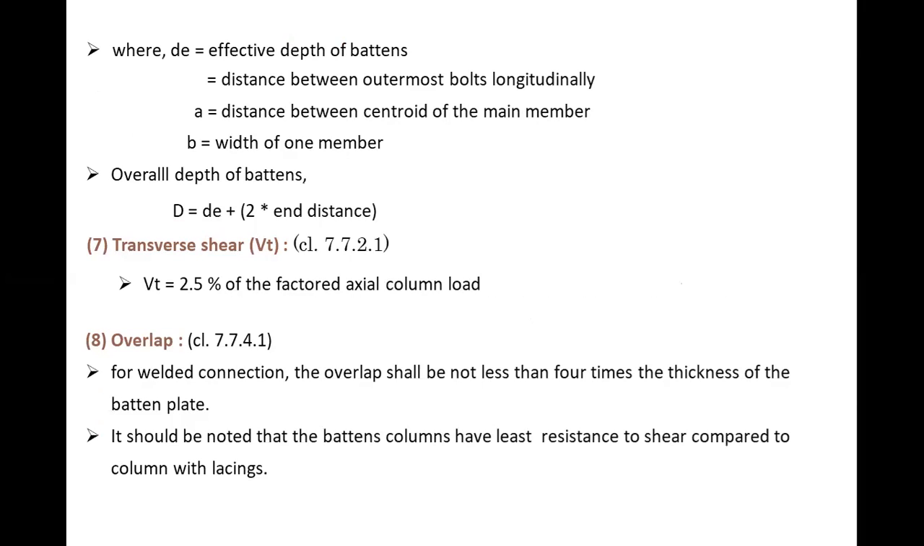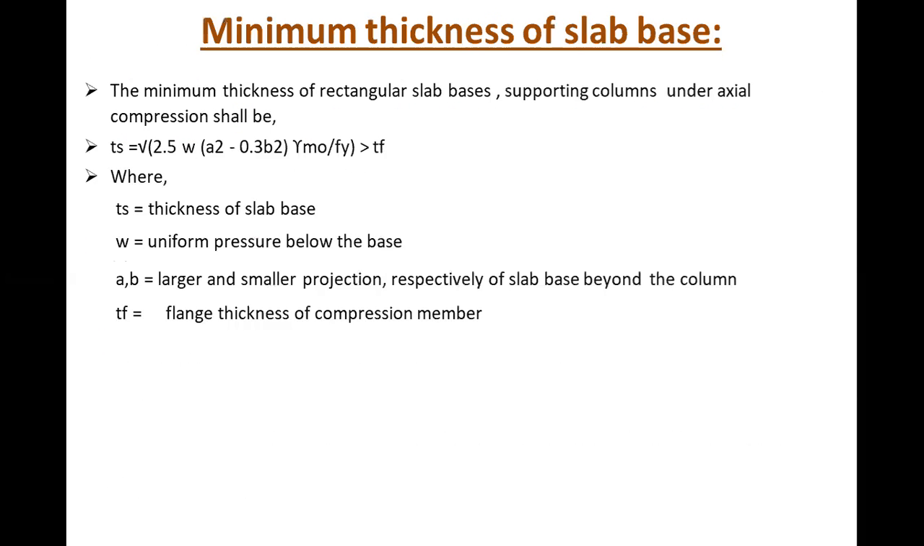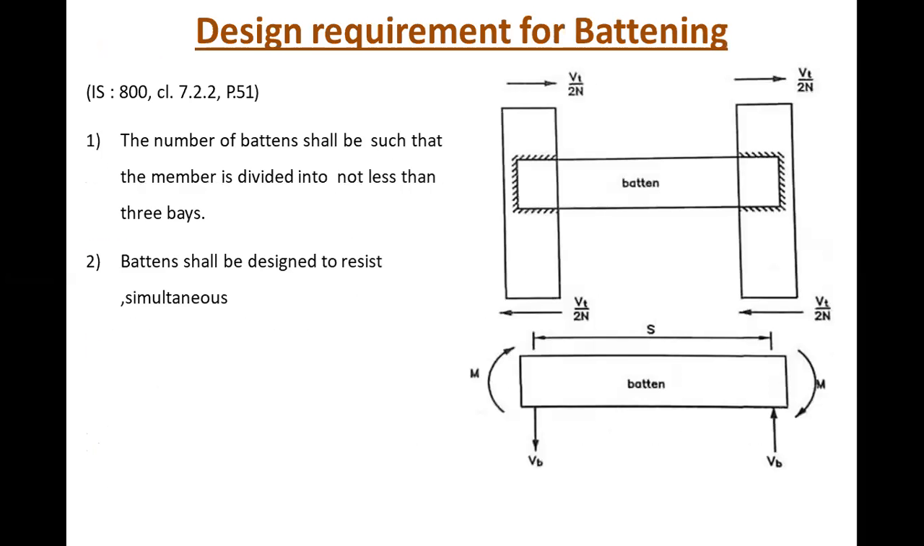Next is the transverse shear, which is Vt, given in clause number 7.7.2.1, where Vt is equal to 2.5% of the factored axial column load. Next is overlap, which is given in 7.7.4.1. For a valid connection, the overlap shall not be less than 4 times the thickness of the batten plate. It should be noted that batten columns have the least resistance to shear compared to columns with lacings. And the last criterion is minimum thickness, and all these are the requirements of the battening